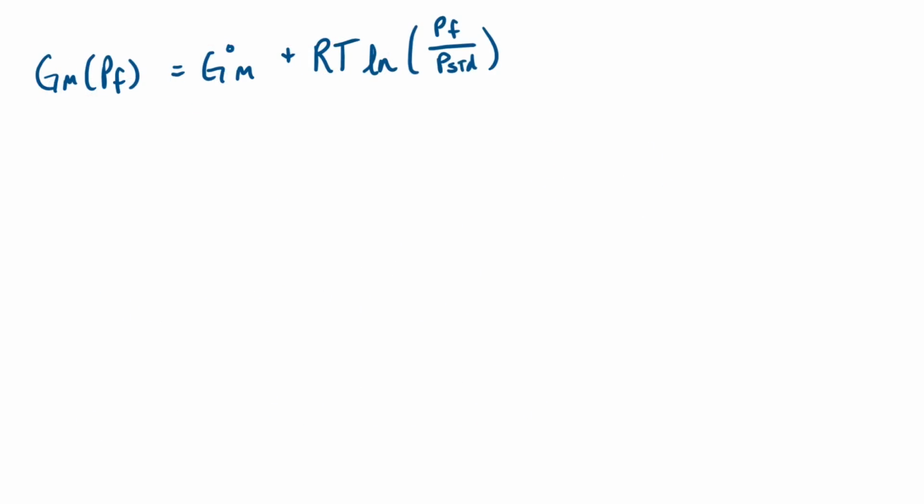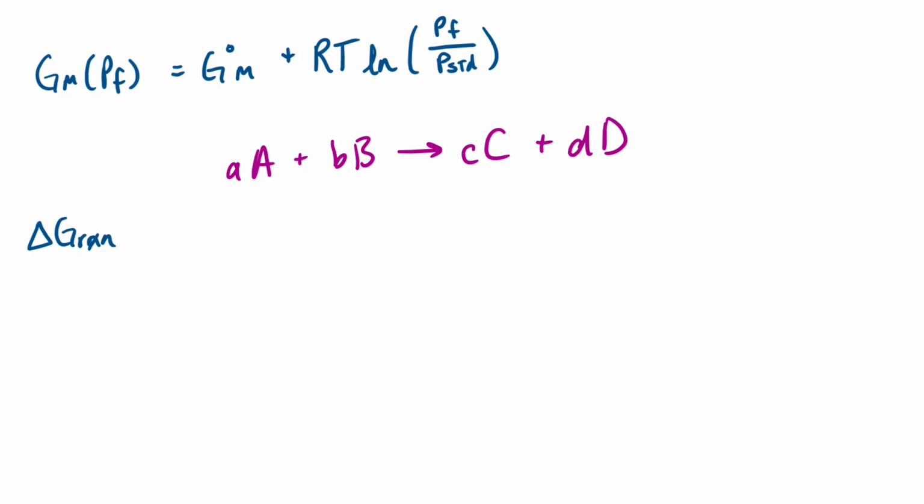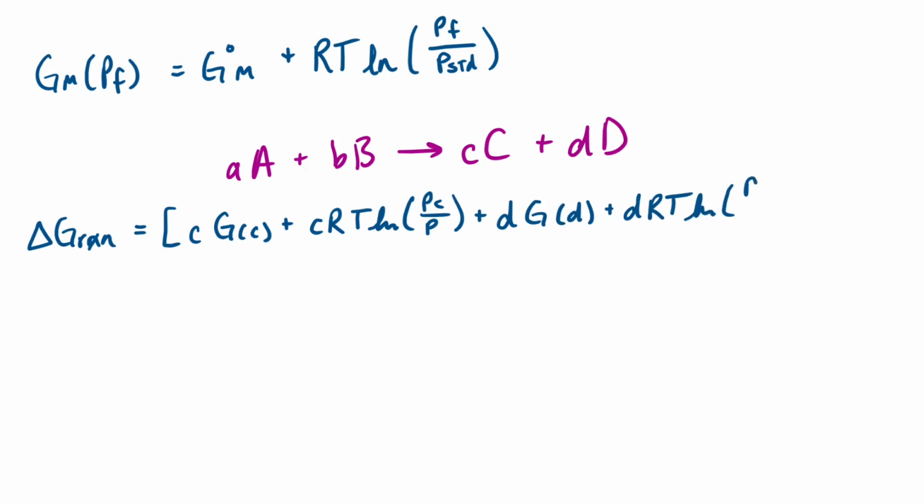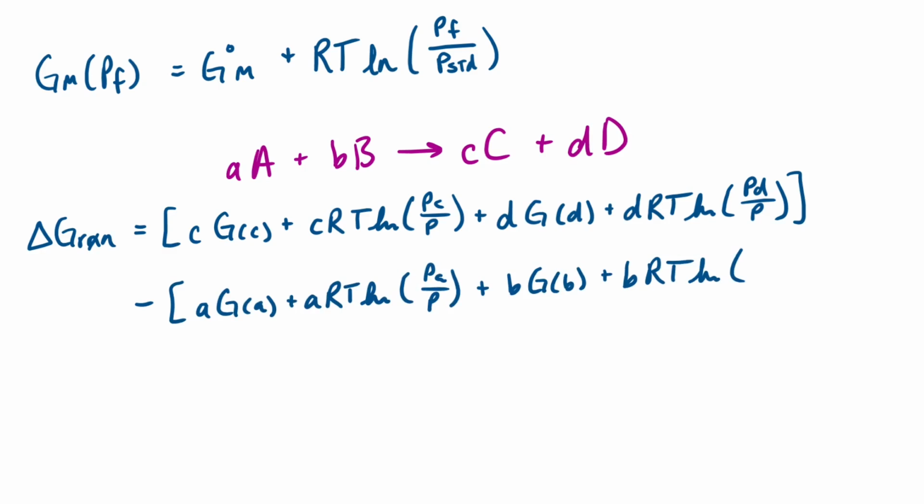But let's take it a step further to find the delta G of the reaction for a generic reaction, like A moles of substance A plus B moles of substance B get converted into C moles of C and D moles of D. We know that we can calculate the delta G of the reaction as the Gibbs energy of the products minus the Gibbs energy of the reactants. Which, with a little simplification, we can get